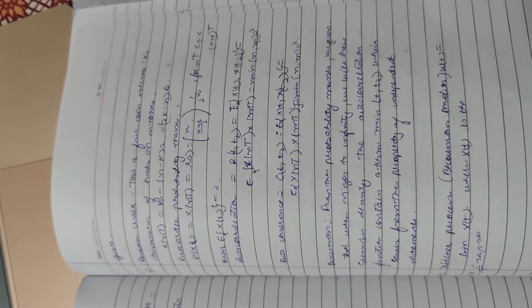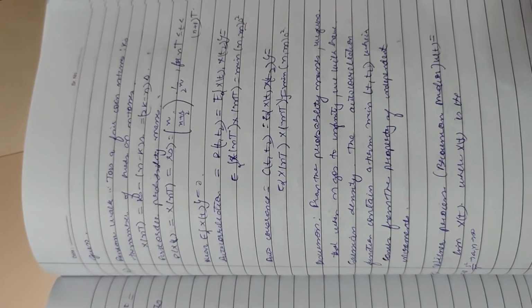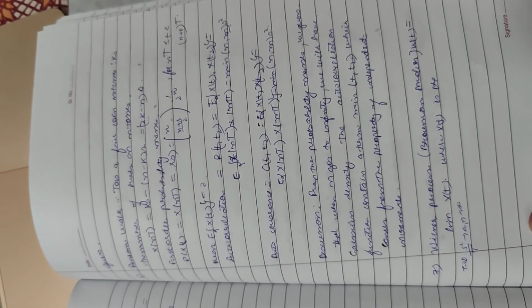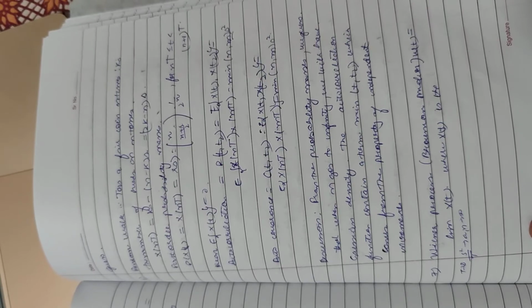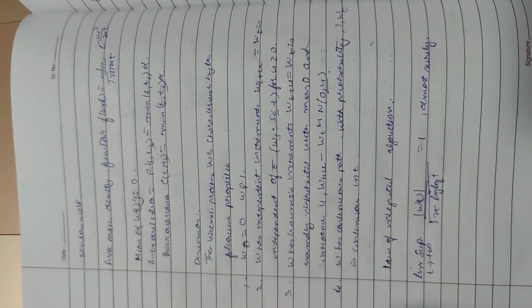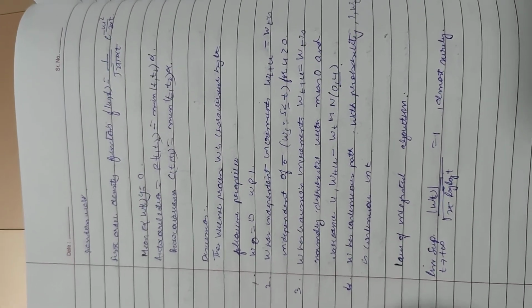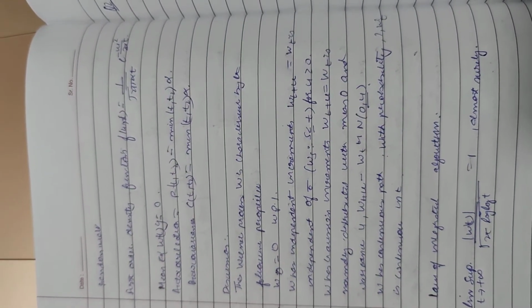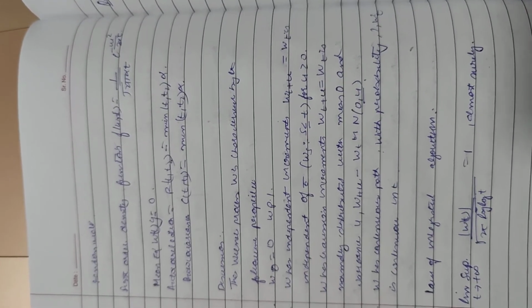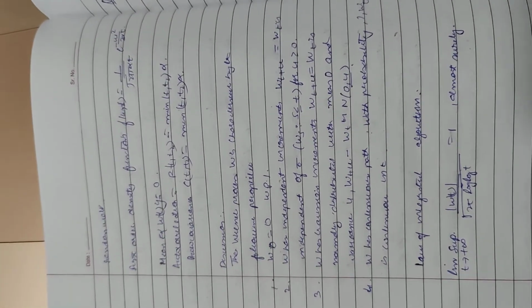Seventh one, Wiener process, which is the limit as n tends to infinity, s by t square tends to alpha, where x of t is random walk. First order density is given by this equation. Mean we will be getting is 0. Autocorrelation is minimum of t1, t2 times alpha. Autocovariance is minimum of t1, t2 times alpha. From this we can conclude that